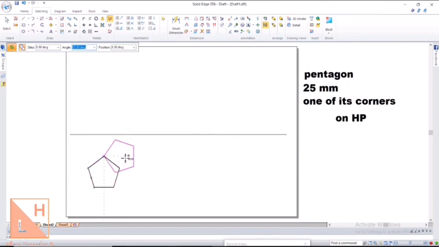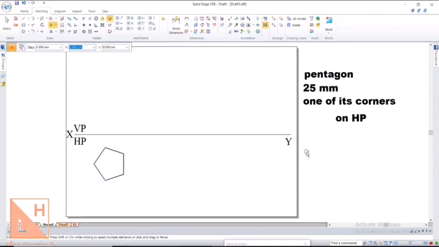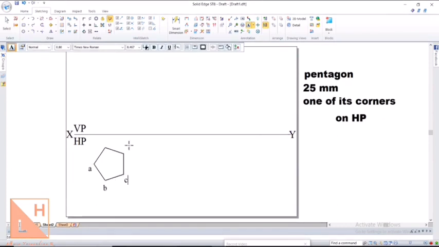Now I want a corner, so I'm going to rotate it this way. Copy should be off. You can just move the pentagon and place it properly so that it is not abruptly placed. You can type the alphabets and then use the move command to move it and place it neatly.